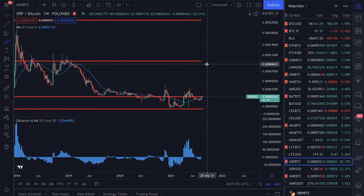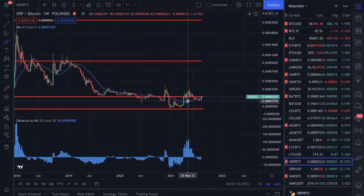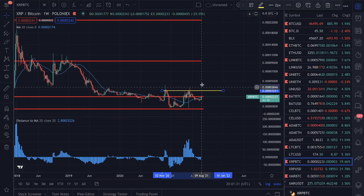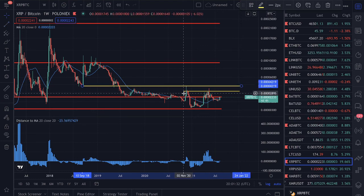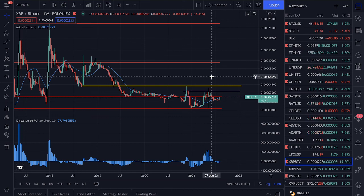I'm skeptical at best, and would like to see Bitcoin close above the 20-week moving average first, and see XRP exit out of the buy region and close above this line of previous resistance for XRP, and at that point I'll be quite happy. A second line would probably be somewhere like here, where we wicked to on November 23rd. But once we get into the no man's land of the chart, I think momentum is up,